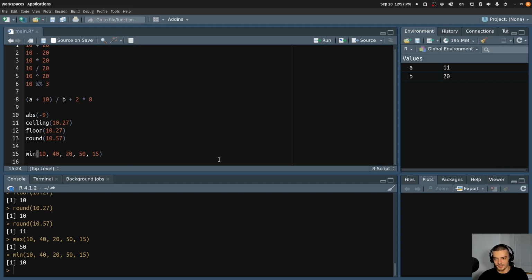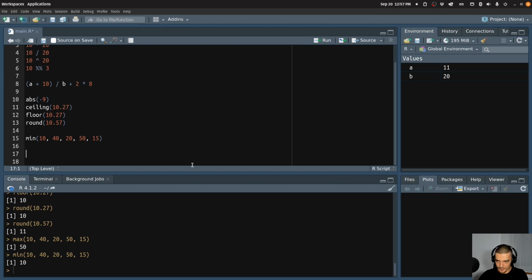And in R, we have a couple of different data types. We have the data type numeric, which is basically everything like a floating point number. You could say every number that's a real number. So for example, something like 10.2 is a numeric, something like 10 is also a numeric, but you can also have specifically an integer. If you want an integer specifically, you do that by providing an L,